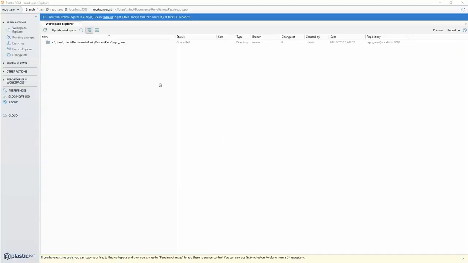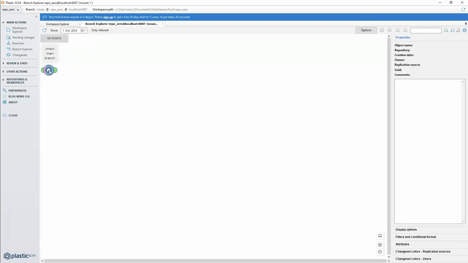And this is the Plastic SCM GUI interface. Of course, this project is still empty, and the Branch Explorer will be empty as well. We only have the default changeset. As soon as you start adding new items to the repository and creating new changesets, all the views will